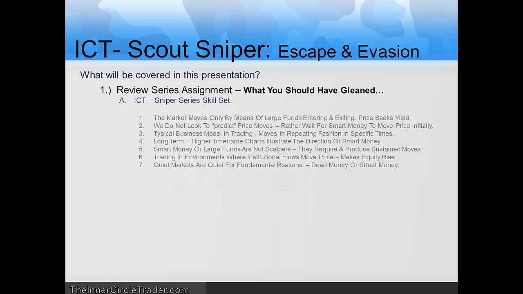Quiet markets are quiet for fundamental reasons. Specifically, dead money or street money invariably trade during these times because they need to be doing something, because they have no plan. They're like a dog in a meat market. They're nibbling on this and nibbling on that. We, as specifically